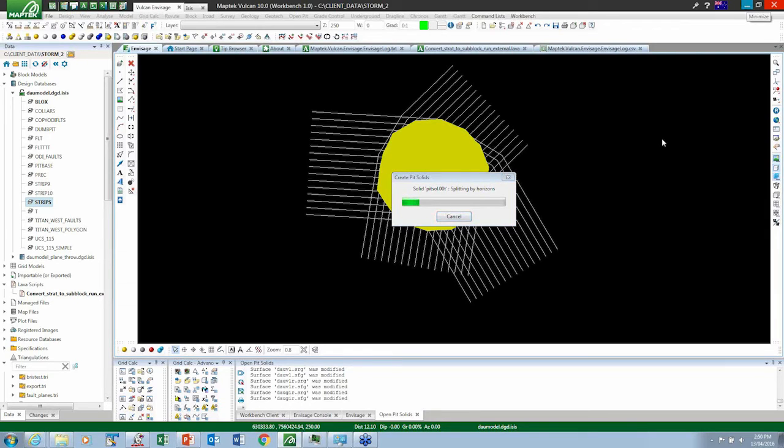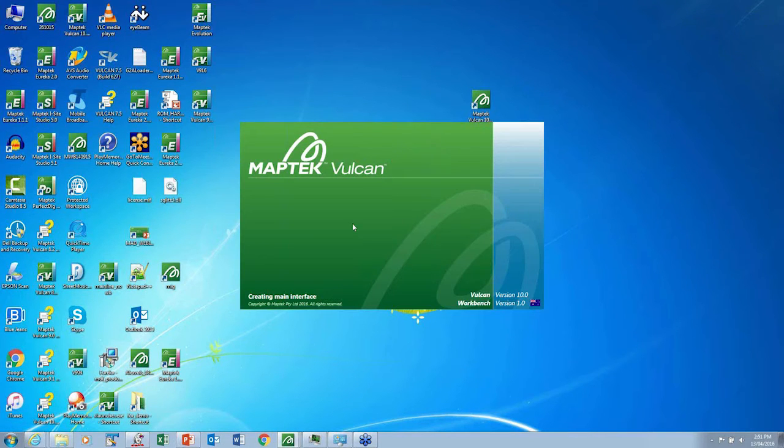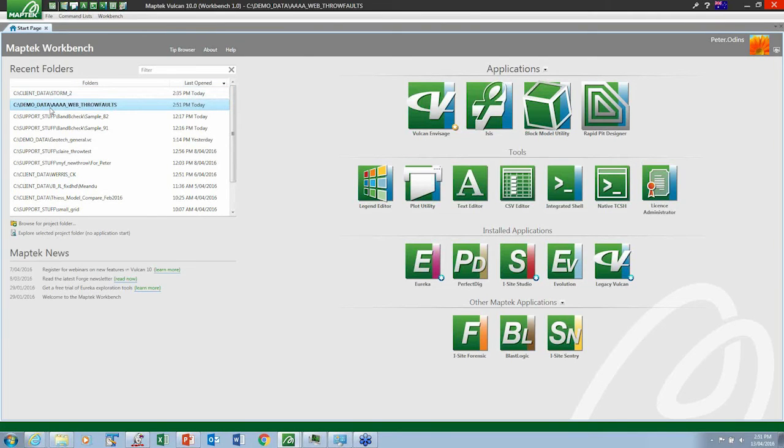Now, while it's running, I'll show you my other favourite tool, which is the stratigraphic faulting. Now, this will take about 5 minutes to run. So I'm going to fire up the workbench again in a different data set. It might be a little bit slower this time because I'm actually running something behind the scenes, but if I go to this directory,